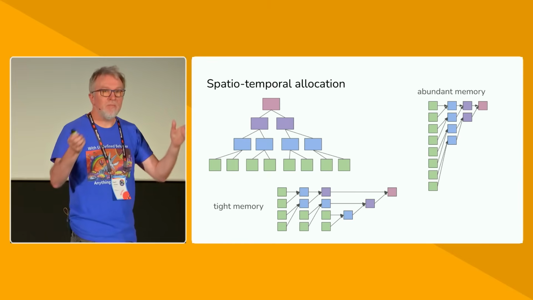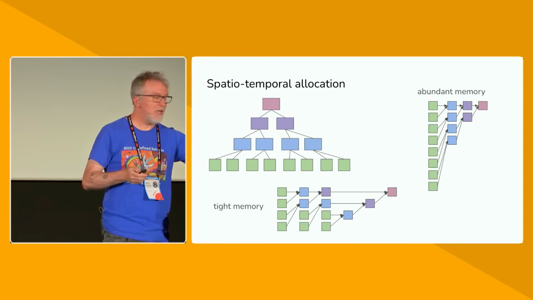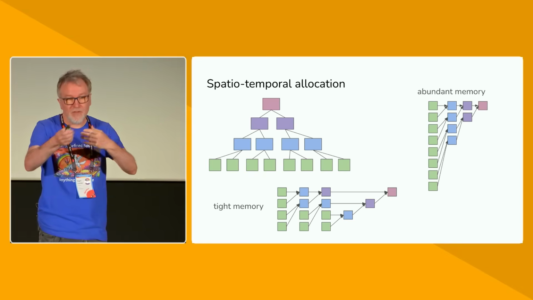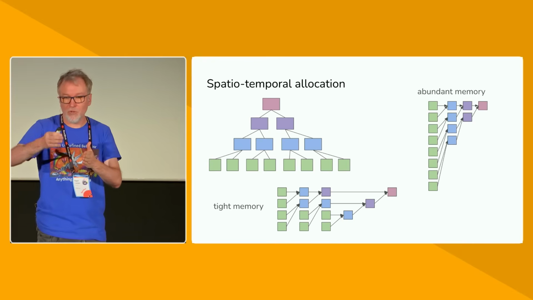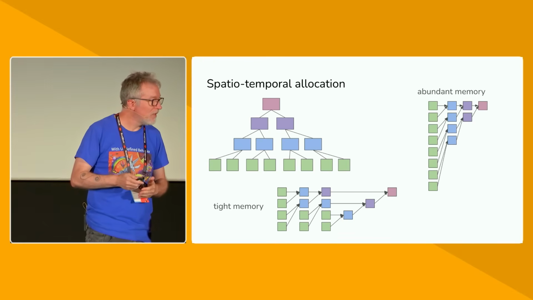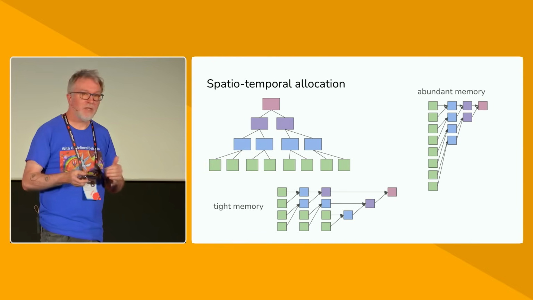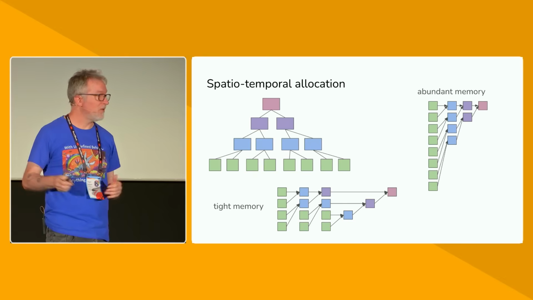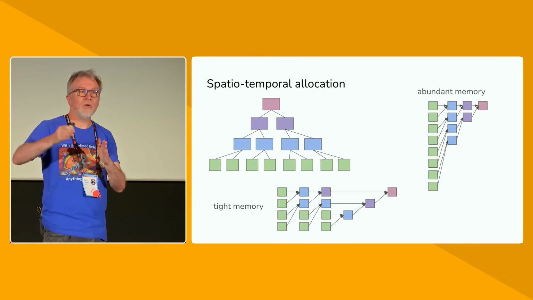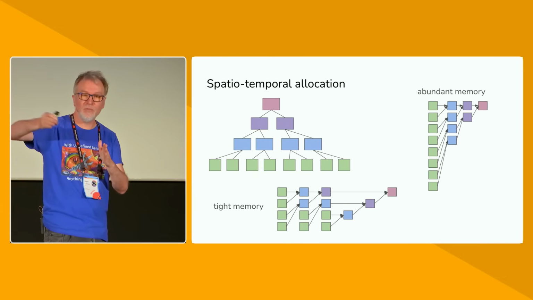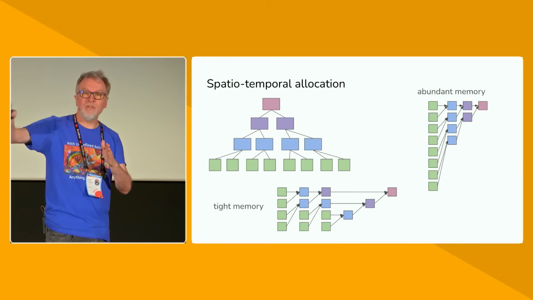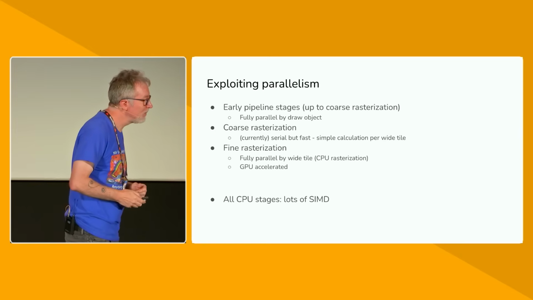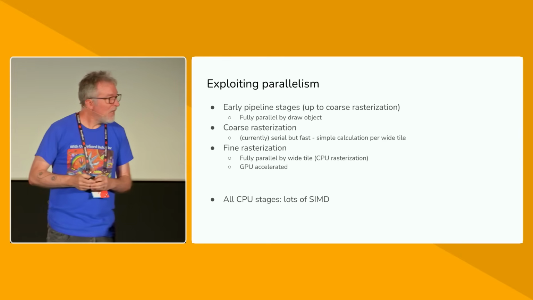So if you have abundant memory, then you do all of the individual elements that needed to be composited in parallel. But of course, you've got data dependencies, so you need to schedule multiple draw calls to get those dependencies resolved. If you have tight memory, on the other hand, if you're working in a bounded buffer space, then maybe you don't have space for all of those tiles, and so you are going to spatiotemporally allocate those. You're going to move those out in time so that each individual draw call is only needing a bounded number of tiles. Great. All right, so